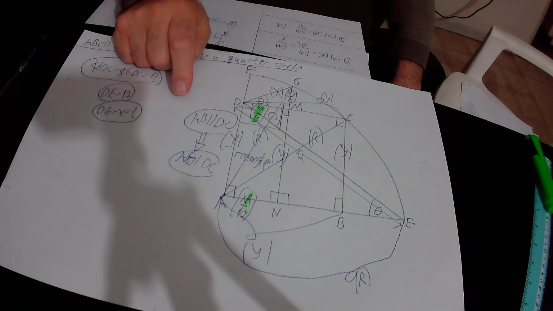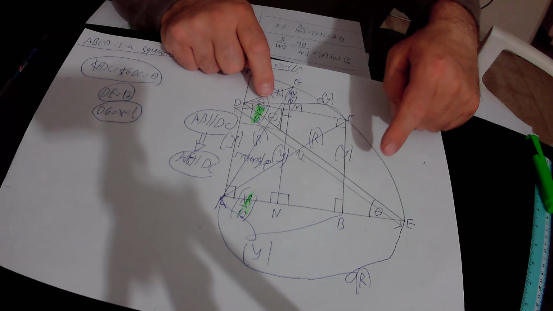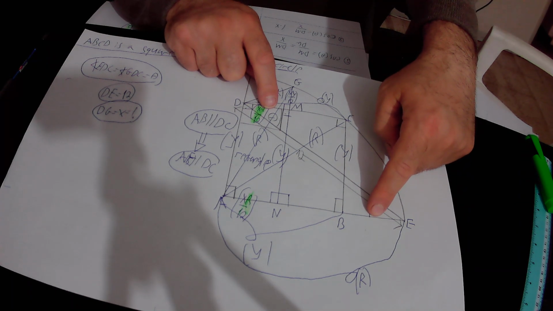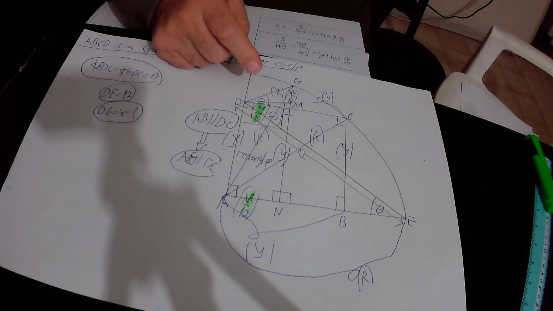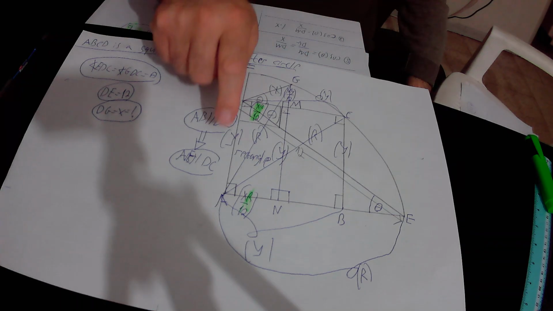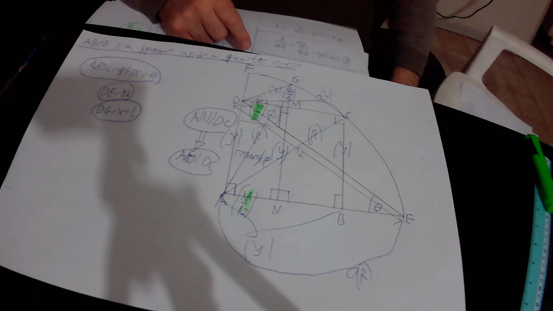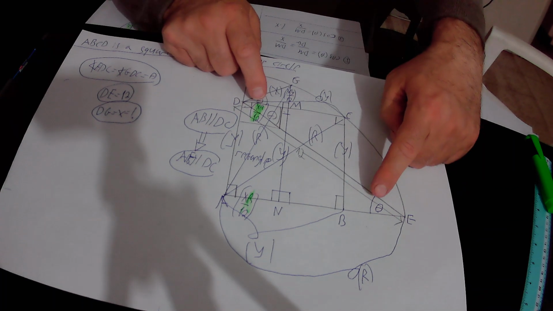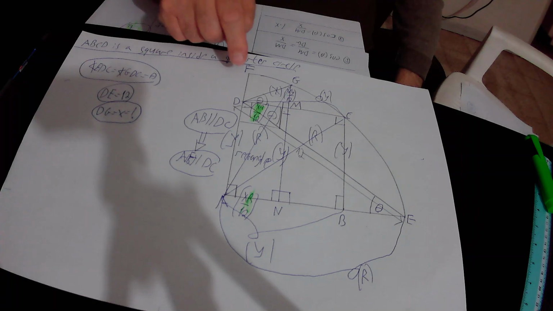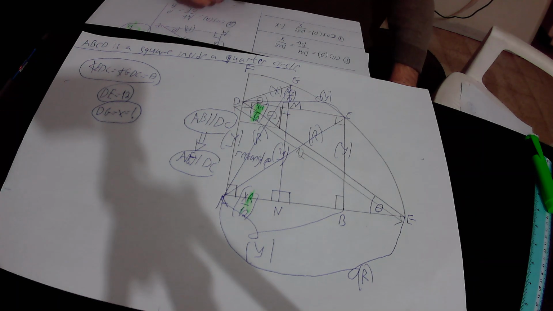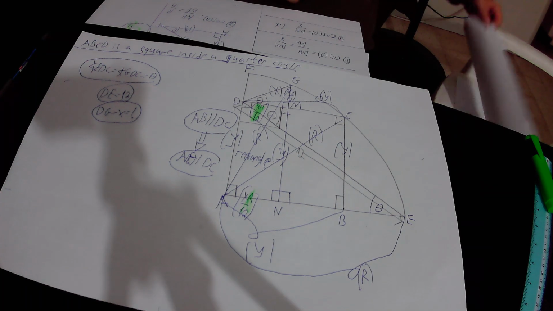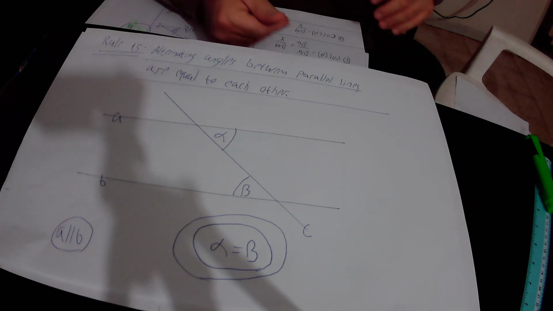So those two angles are defined as alternating angles, and they are located between the parallel lines DC and AE. Because those two alternating angles are located between the parallel lines DC and AE, they must be equal to each other, according to the rule that alternating angles between parallel lines are equal to each other. According to rule 15,